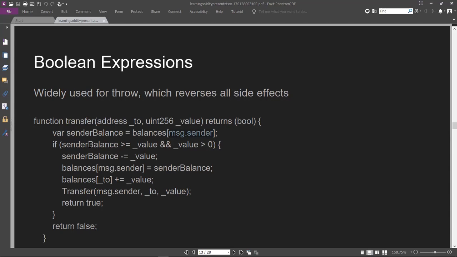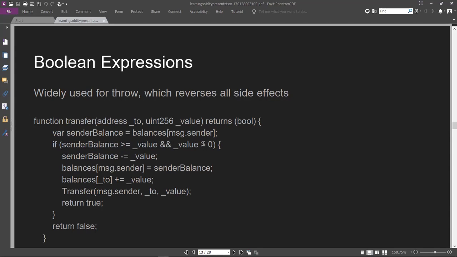And then here you put a condition. If the sender balance is greater than or equal to the value that they are trying to withdraw, and, remember, and. Now you see how you use the logic operators. You're combining the if statement that we saw, which is an expression, and now you are passing your condition here using the logic operators. So if sender balance is greater than or equal to the value that they want to transfer, and value is greater than zero,